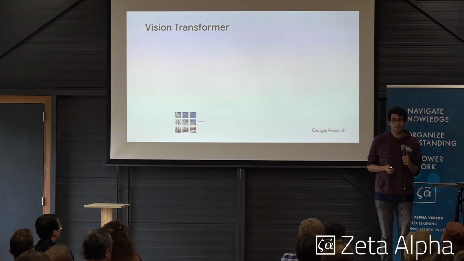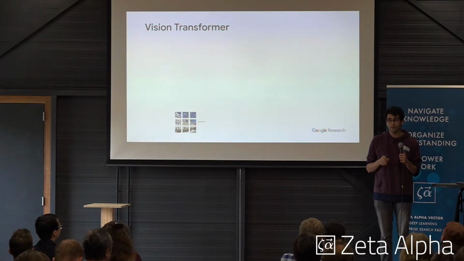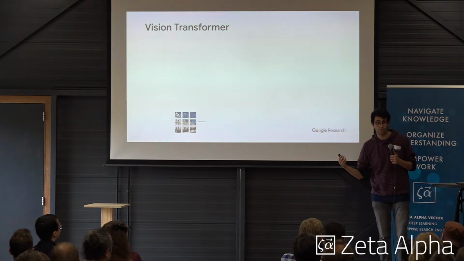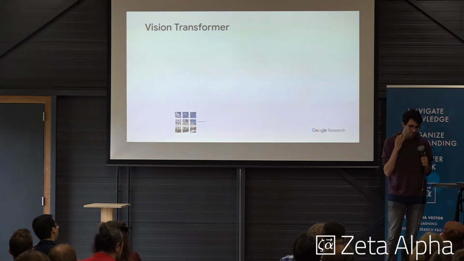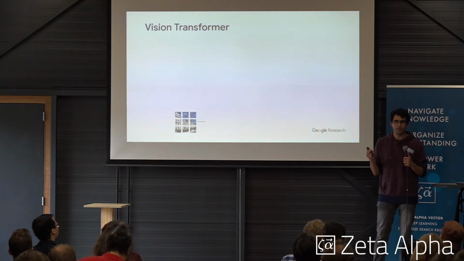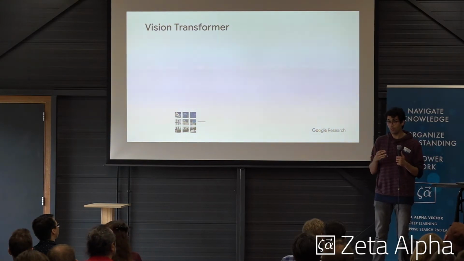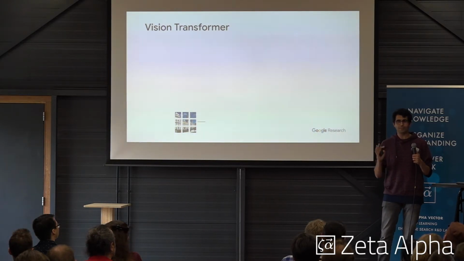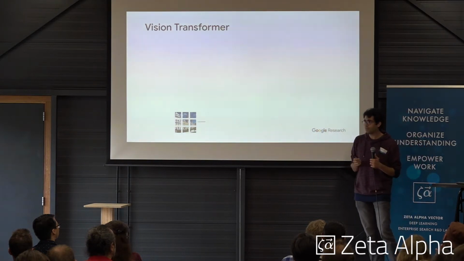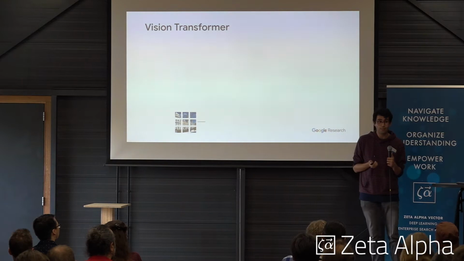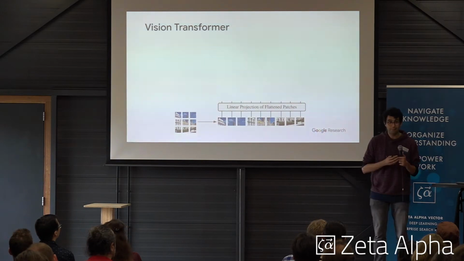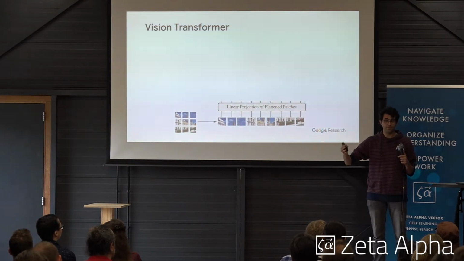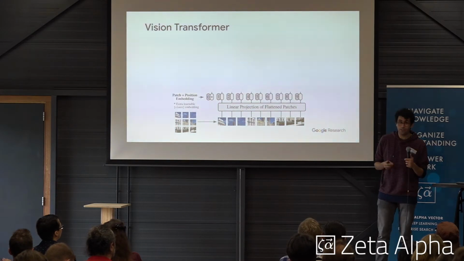So vision transformer is extremely simple. We actually did a lot of more complicated things, but we ended up going back, taking the simplest one, and sticking with the transformer architecture that people use in sequence modeling for language, without any change or any fancy feature to make it translation invariant or something like that. We just take the input image, divide it into non-overlapping patches, represent that as a sequence of patches, and embed them using a linear projection.